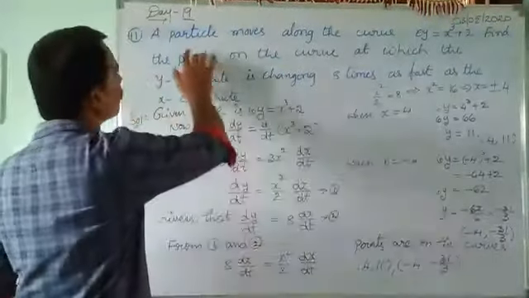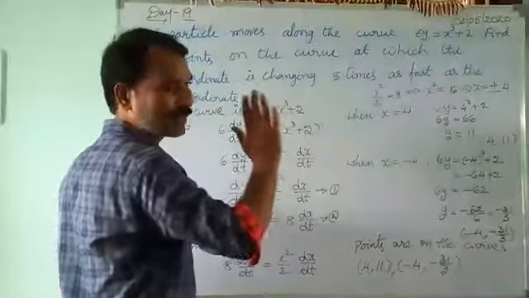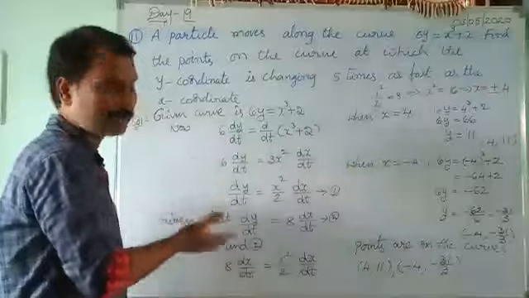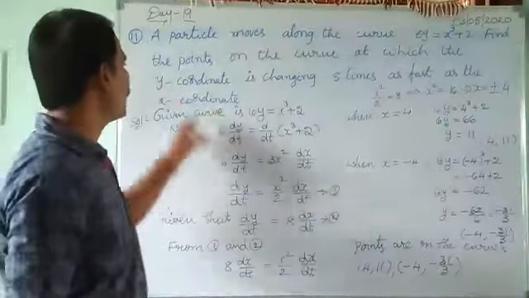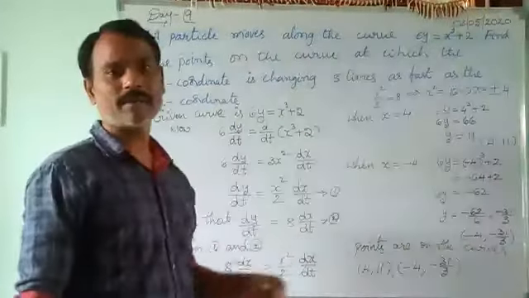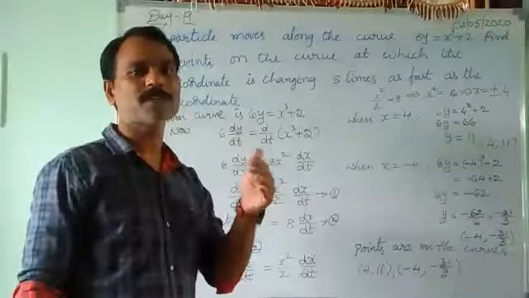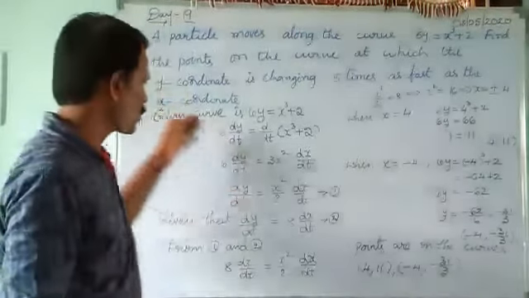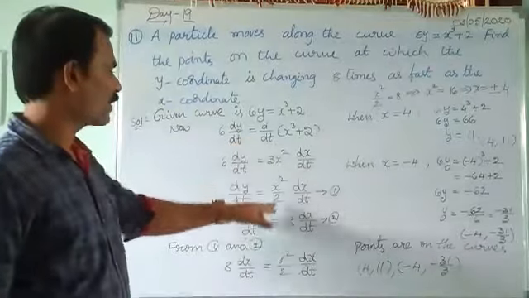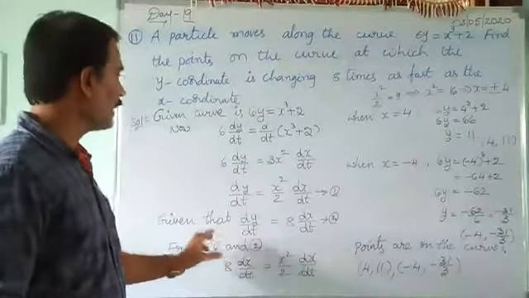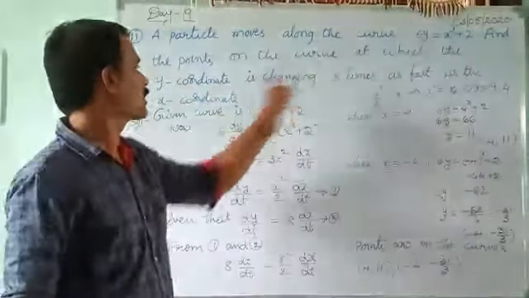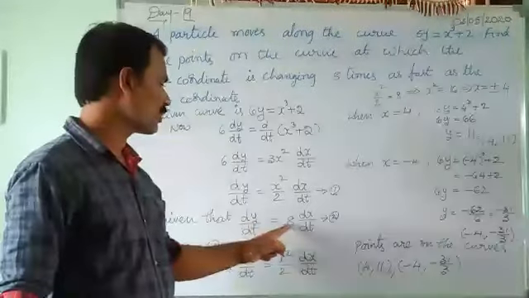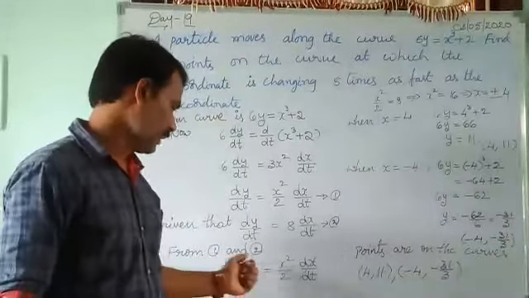Students, here particle moves means he has just given one curve to us. To that curve, we just differentiate with respect to time only. Change in the y coordinate, in general rate of change, means whatever the function is, differentiate with respect to time. So we are differentiating the function with respect to time, and by reading this statement, y coordinate is changing 8 times as fast as the x coordinate means dy by dt is equal to 8 into dx by dt.